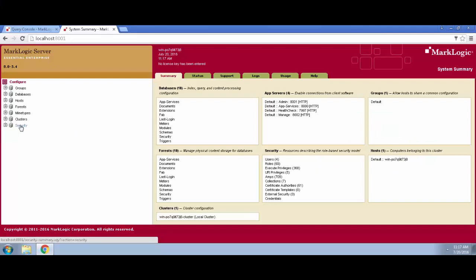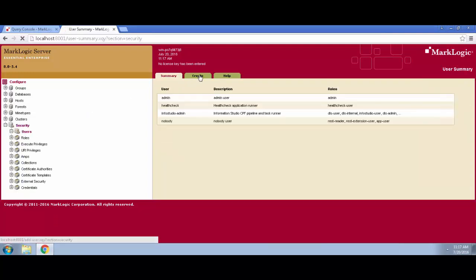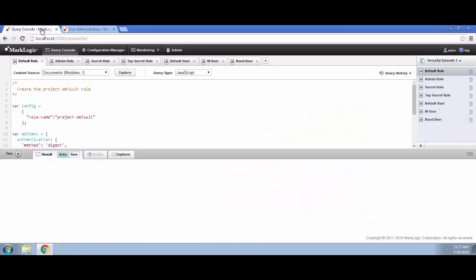In here, you could access the security option where you'd have the ability to create users as well as to create roles. But because I want us to think about how we are going to deploy this repeatedly and without leaving us open to potential user error, we're going to do a scripted approach leveraging JavaScript and the MarkLogic Management